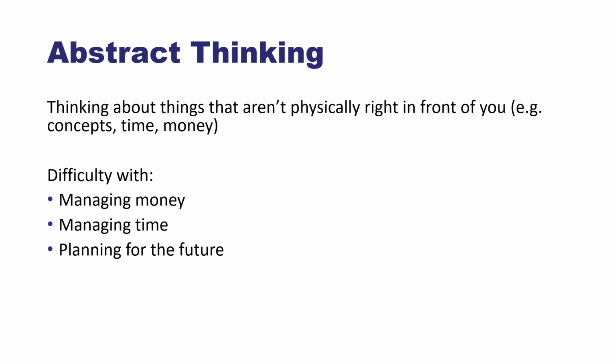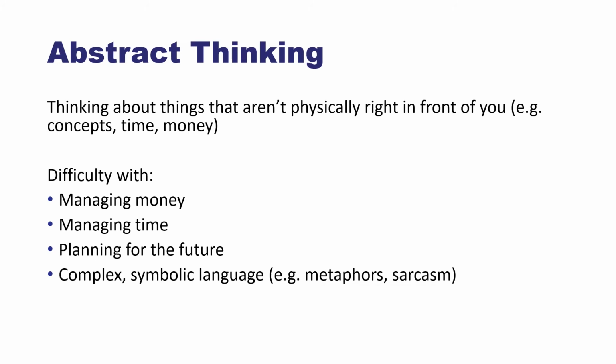You don't get to do what you want to do, and terrible things might happen in jail. And so we're able to change our behavior based on something that may happen in the future. For some with FASD, they may not be able to see or think about what something in the future will feel or look like. And so planning for the future is not something that someone with FASD can easily do. And anytime that we're asking them to think about the future, we want to make sure that they're not going to think about the future the way we tend to do it.